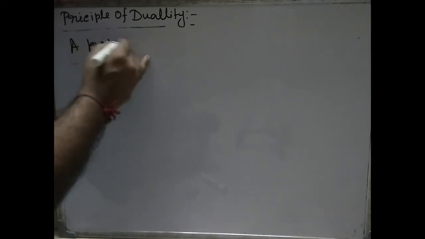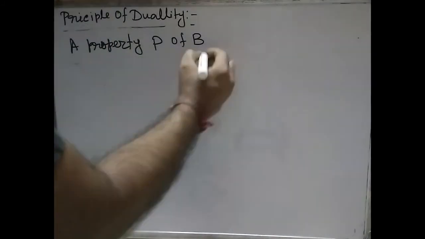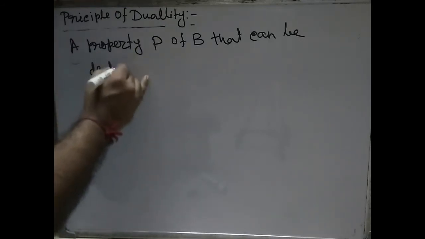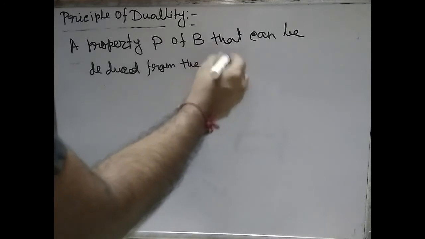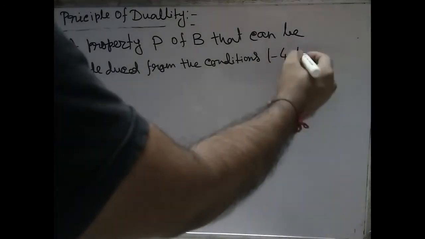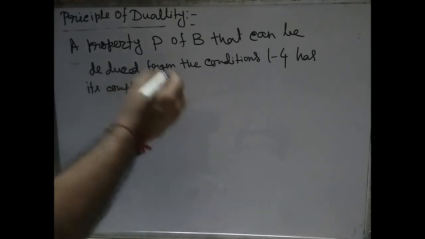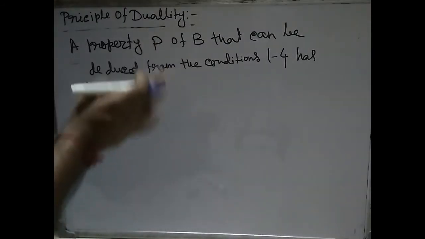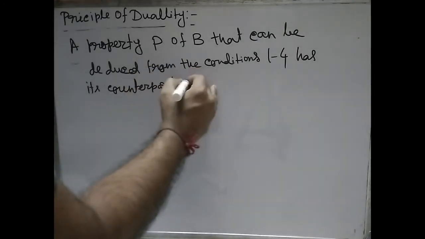A property P of the Boolean algebra B that can be deduced from the conditions 1 to 4 has its counterpart P dash,